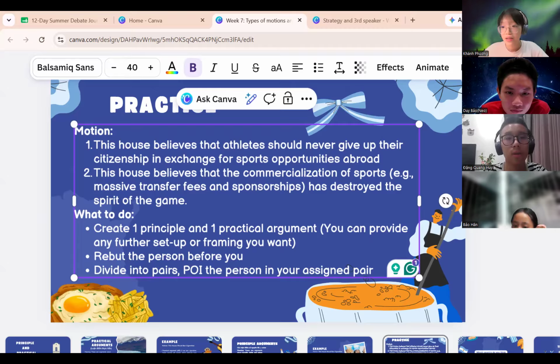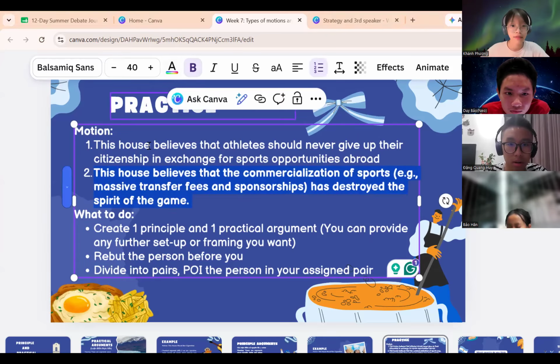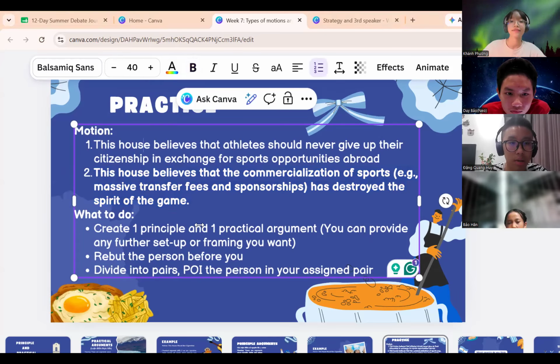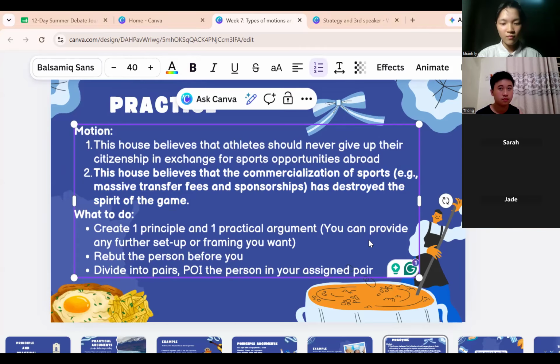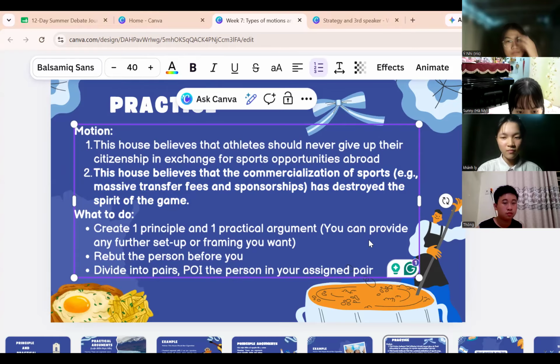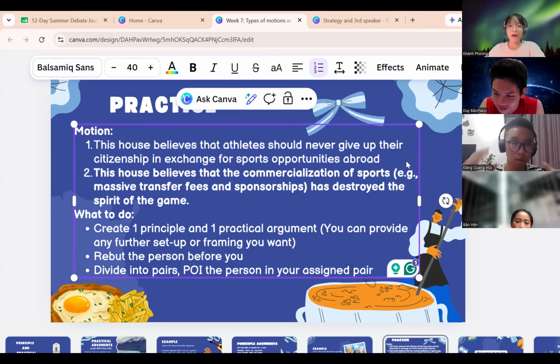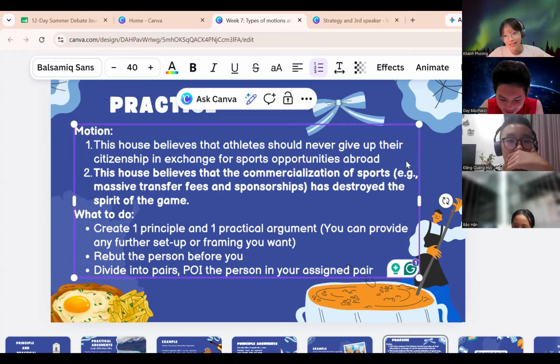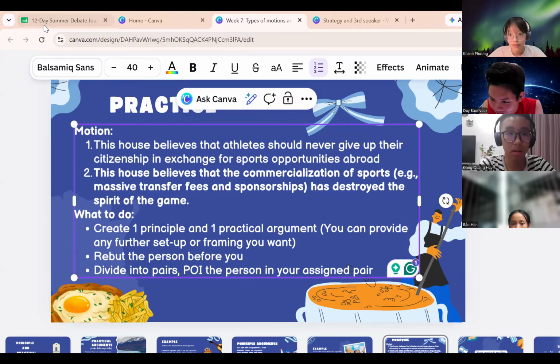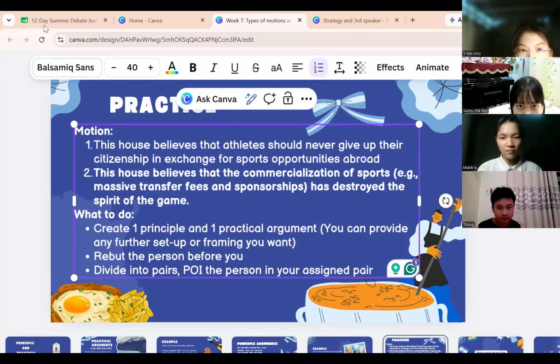Can I ask what motion we would do? Number one or number two? Number two. Oh, okay. Thank you. So wait for me a bit. I will just assign the teams. So now we have 9 people. So who volunteers to work alone and no pair? And I will POI you. So one must do it. If no one does,